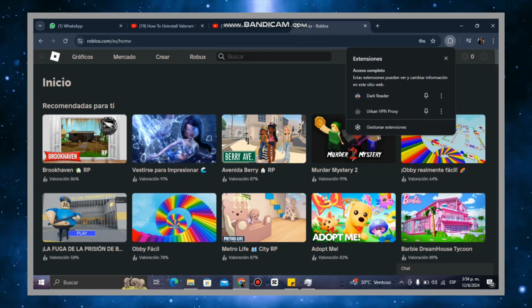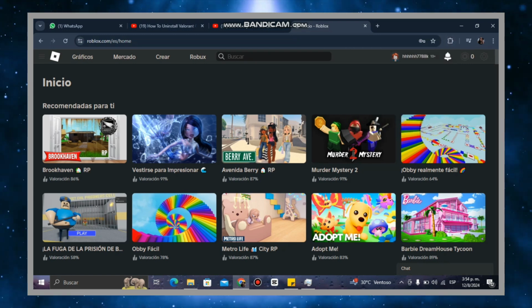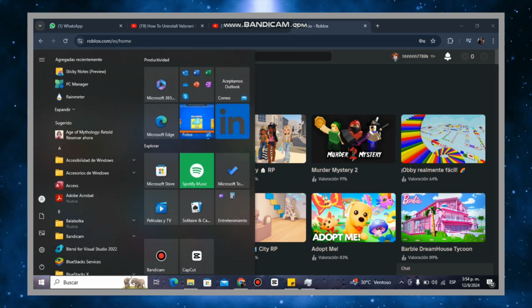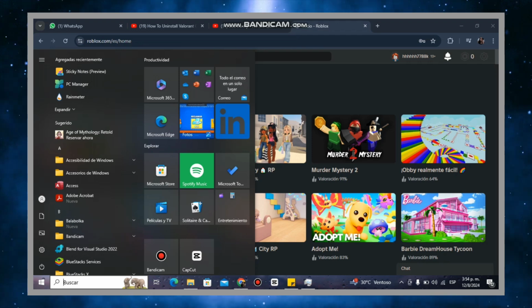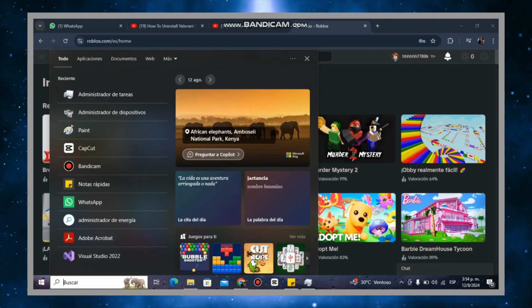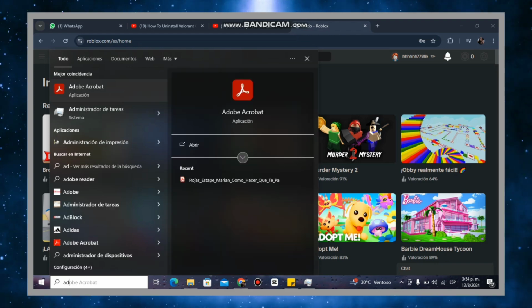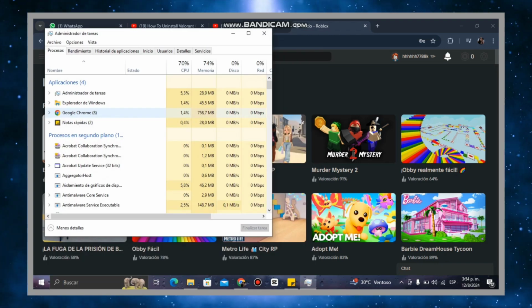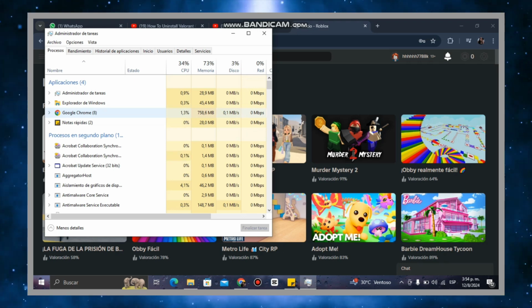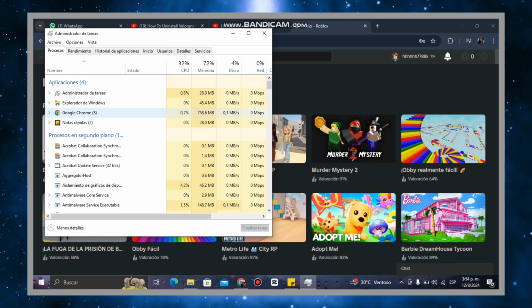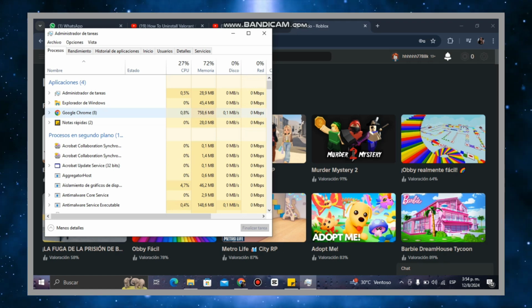What we're going to do is go to Windows now, and here we can see which programs are consuming data in the task manager. Here we can see this. Chrome is consuming a lot of memory and it also slows down the internet. So I advise you to close other programs that are consuming in the background, so then you can